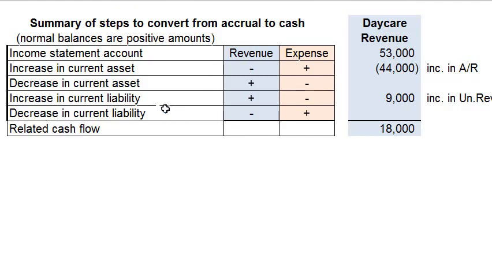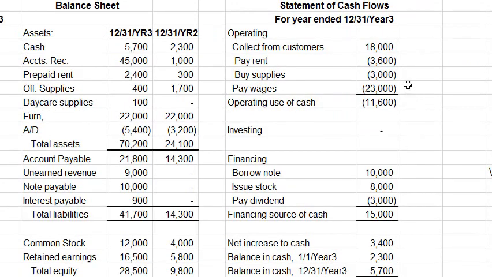Since it's an increase, we use this sign that tells us to add the increase in unearned revenue. Mathematically, $53,000 minus 44 plus 9 gives us $18,000. And in fact, if you go back and look at the transaction analysis, or you look at the statement of cash flows that was prepared using the direct method, you would see that cash collections from customers during year 3